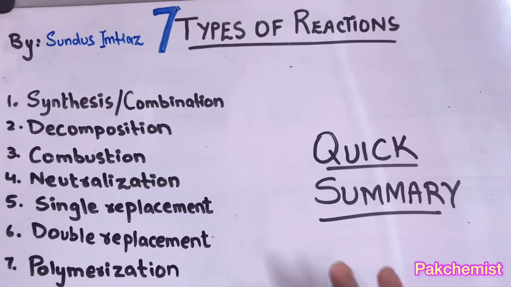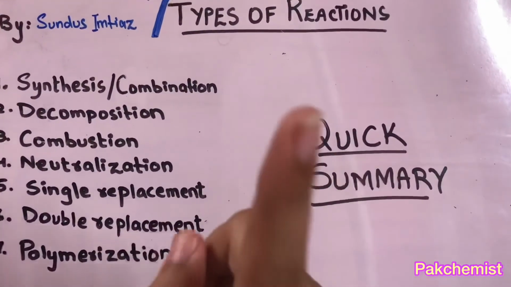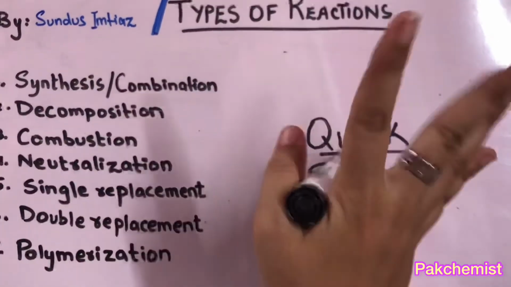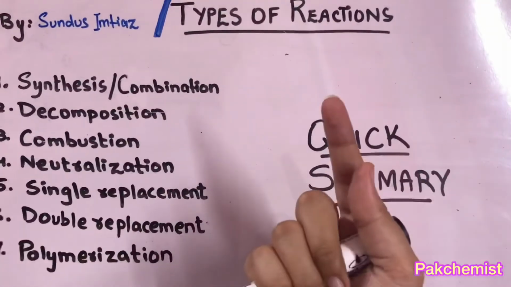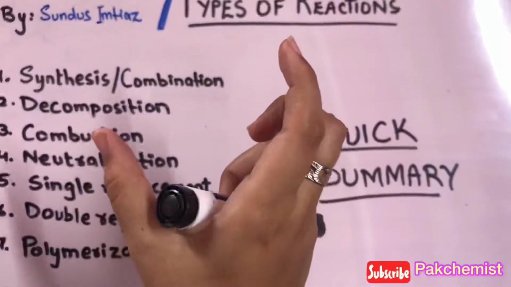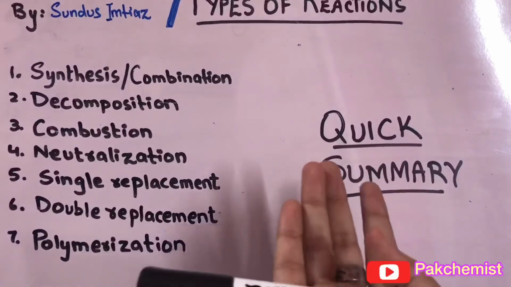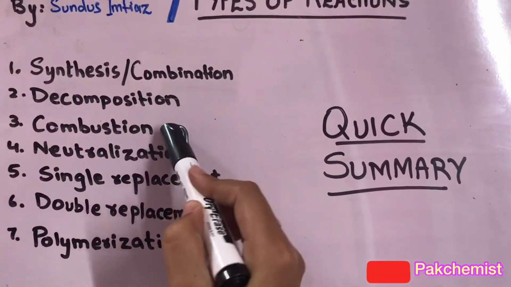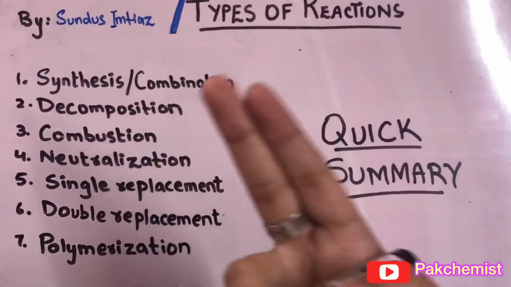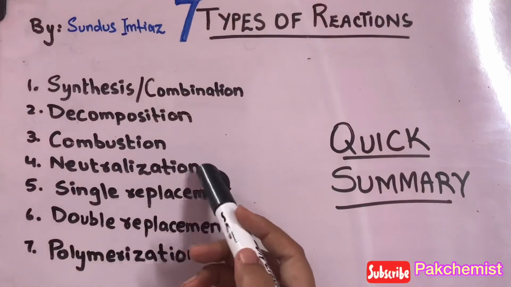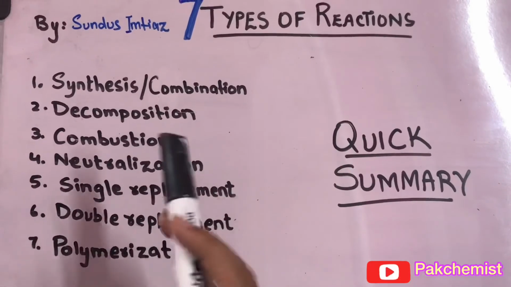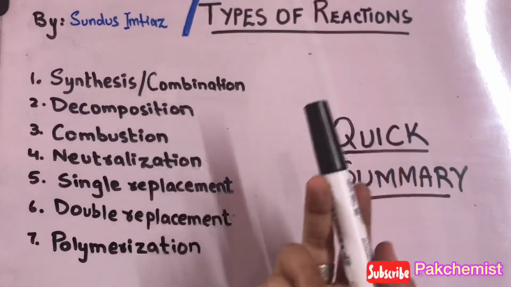Okay, so this is a quick summary session. Now we will talk about these reactions in only one sentence. Okay, now synthesis means to make something. When two different atoms combine together and form a single product, we call it a combination reaction. Now the second is decomposition, in which a single product is broken into two or more byproducts. The third one is a combustion reaction, in which a hydrocarbon reacts with oxygen and it will form carbon dioxide plus a water molecule. Now the fourth one is neutralization, in which a strong acid and a strong base will combine together and they will form the salt plus a water molecule.